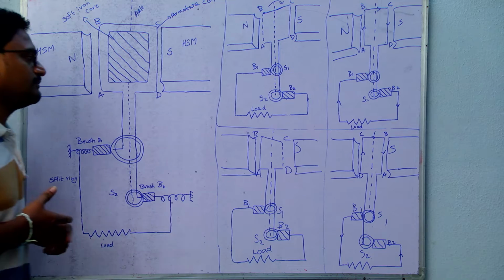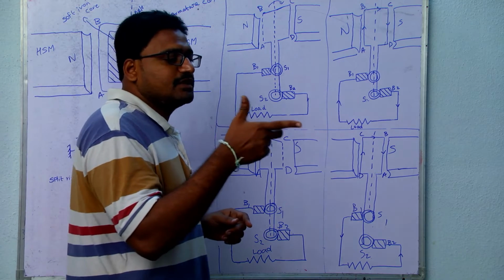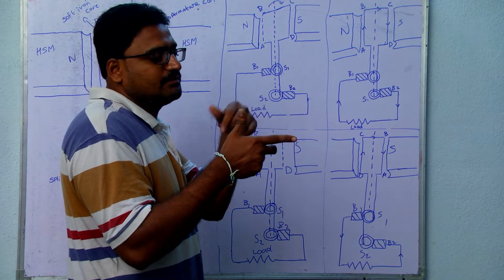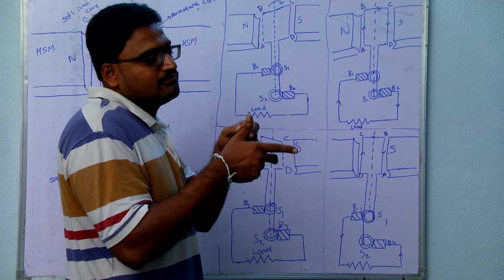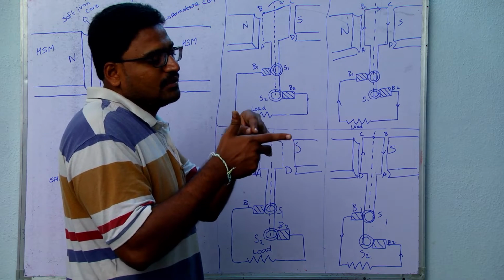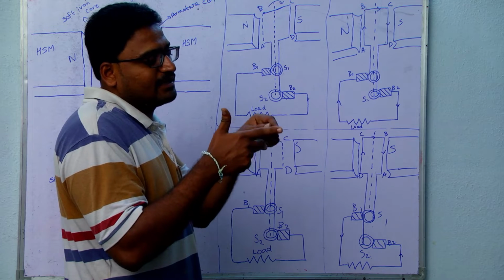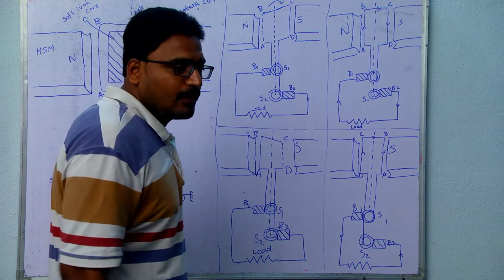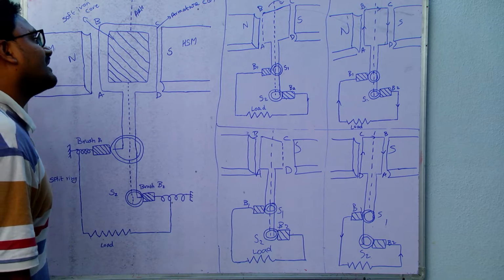So what is Fleming's right hand rule? Stretch your three fingers, thumb, forefinger and center finger, such that they are mutually perpendicular to each other. Then if the thumb shows the direction of motion and the forefinger shows the direction of the magnetic field, the center finger gives the direction of the current. Keep this in mind to get the direction of the current.